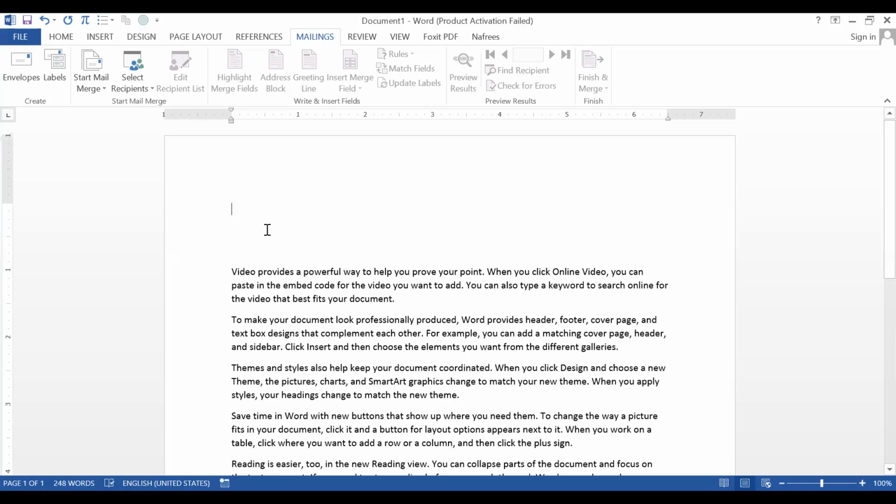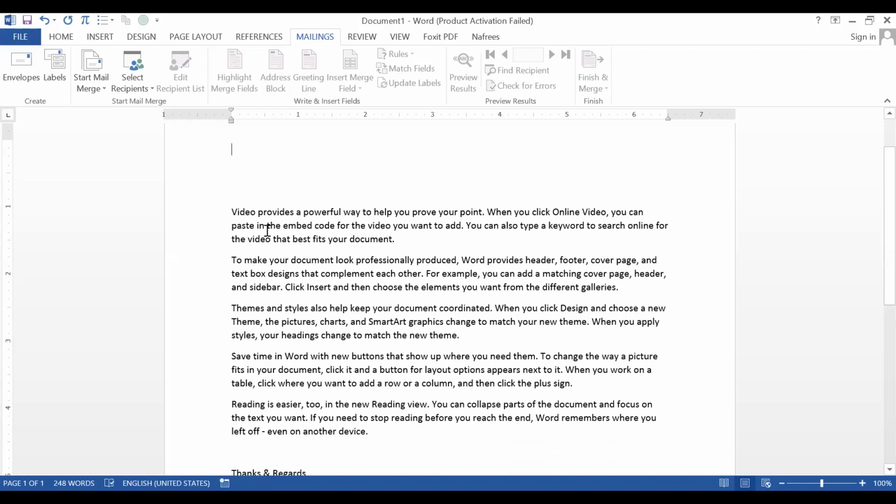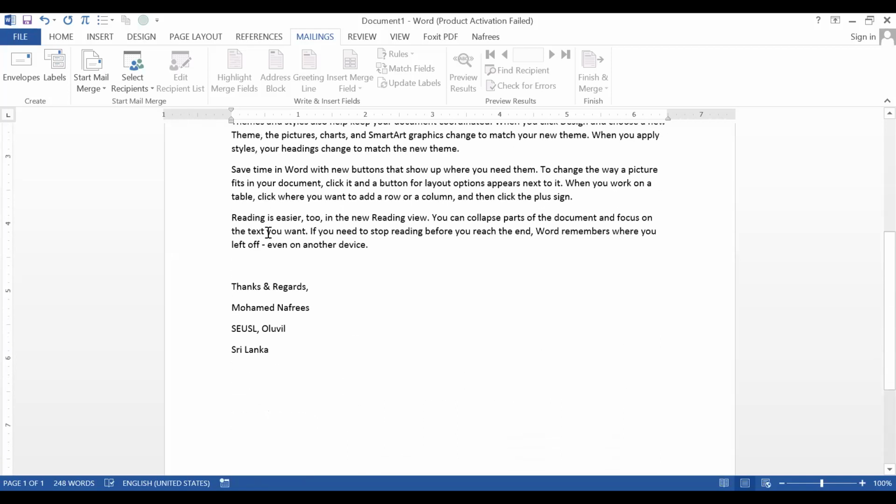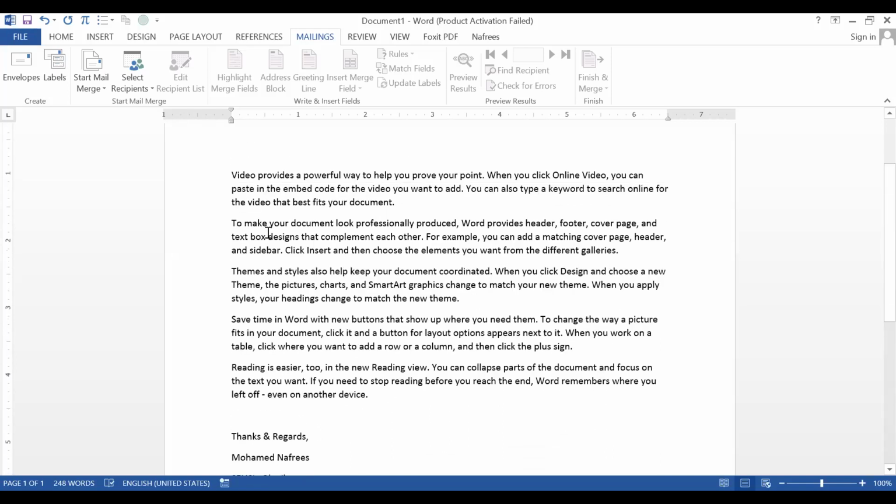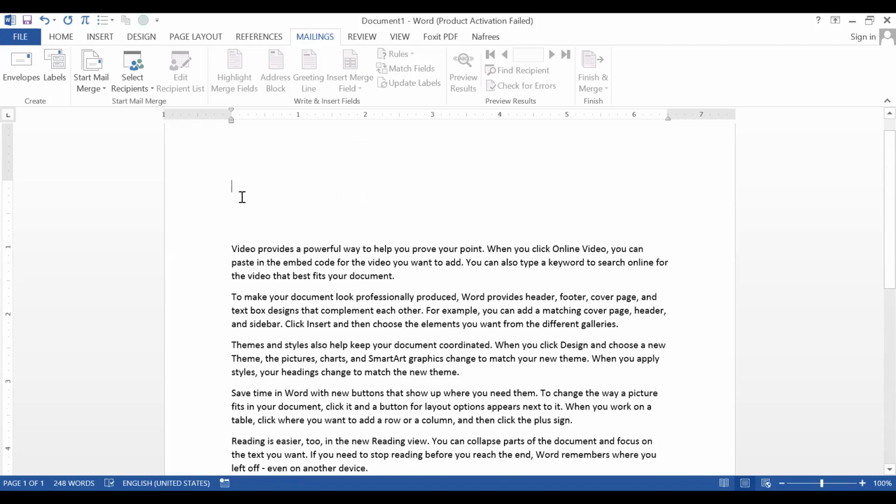Okay, so as I told you, this is the common body and signature area for all the letters. Now I have to use the recipient list to create a couple of letters. As I told you, I can use the existing list.